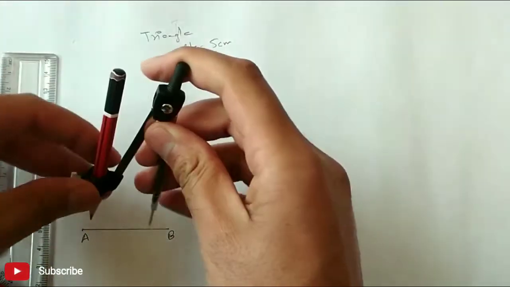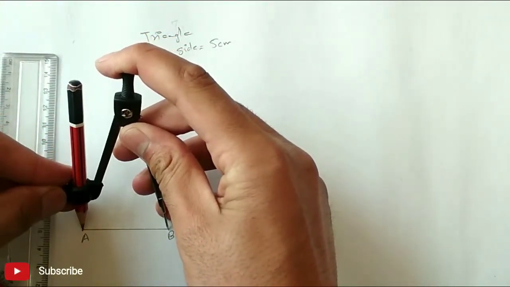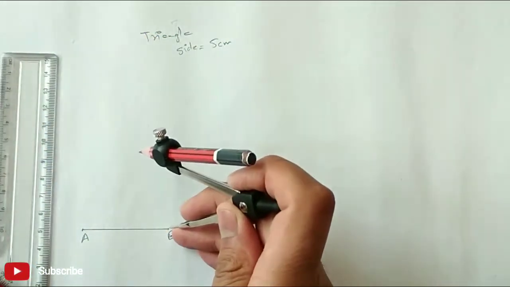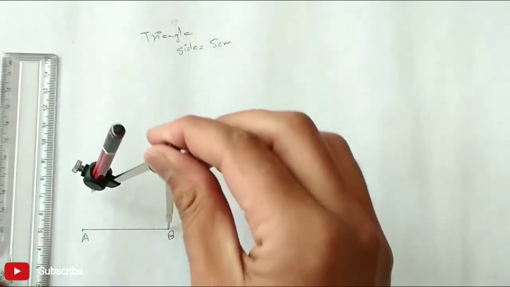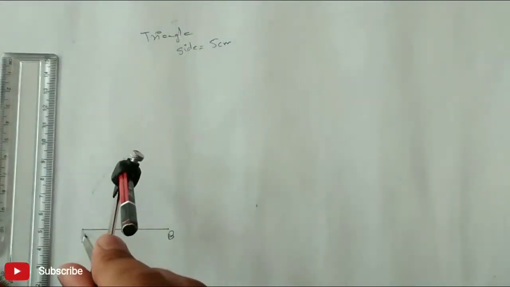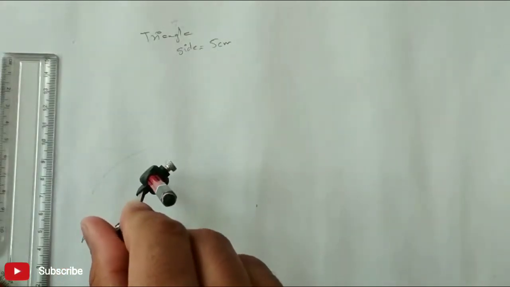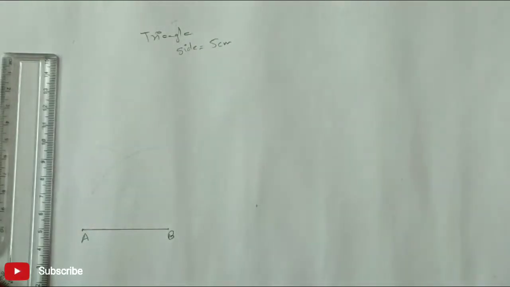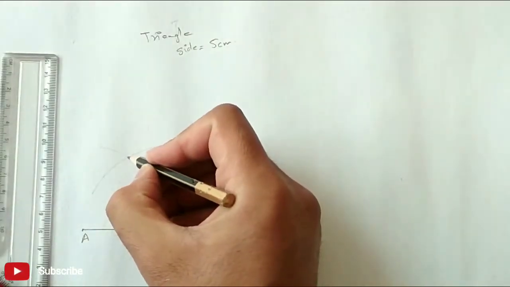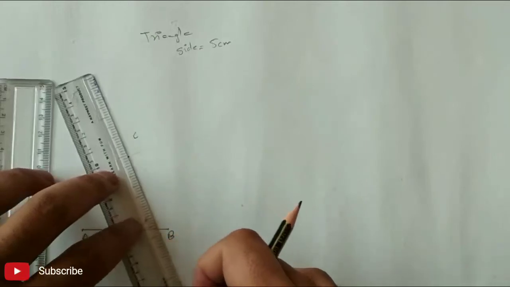Next, what I will do is, I will take this compass, open this compass equal to the length of this line. So here it is. Then I will position this compass at point B and draw a dim arc in the upper direction. Alright, next I'll switch to point A and draw another dim arc which will intersect my first arc at a certain point. I will mark that point and name it as point C. Next, I will simply join this point C with point B